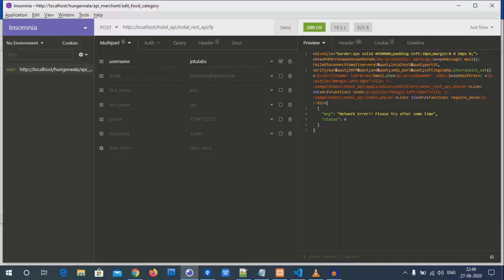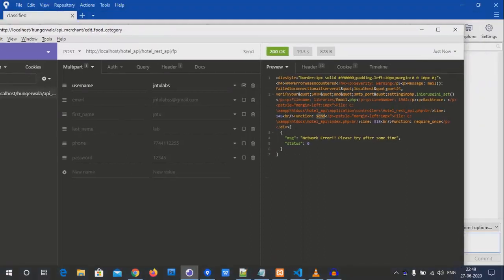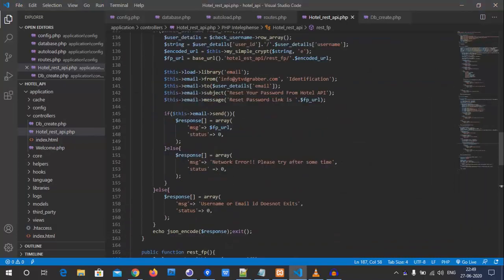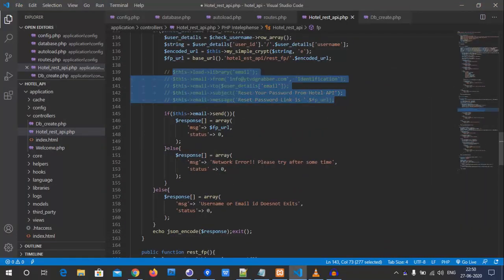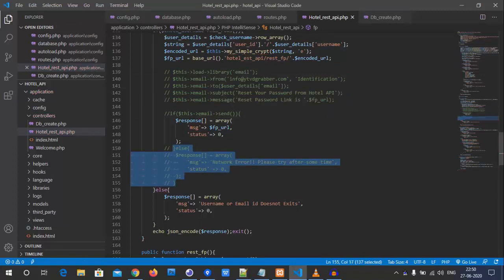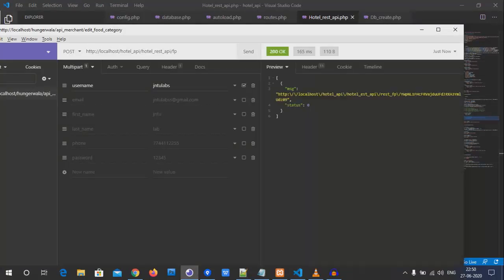Also what I'll do, I'll comment this as well, and also this. By commenting all of these, we will just have the URL displayed there. At the point where we go live on the server, we'll uncomment everything, and then the server will run this mail function for the mail. Perfect. Here you go, with the status 0 we have reached. Let's keep this as 1. Here you go.